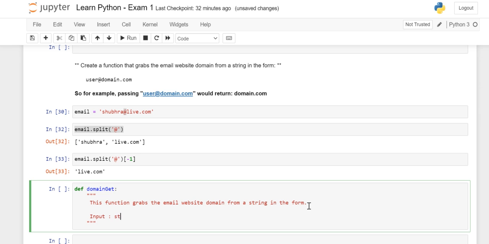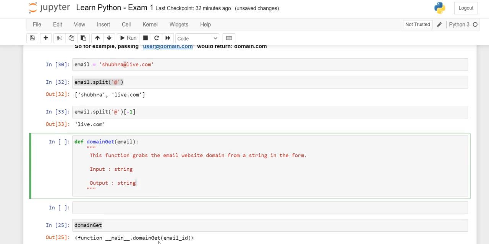The input is a string. So if we need the input, we need to use parentheses, and we have to provide a placeholder for email. So I said, okay, let's name it email. Fine. And what is the output of this function? It is going to provide me the domain name. It means that our output is in the form of a string only. All right.